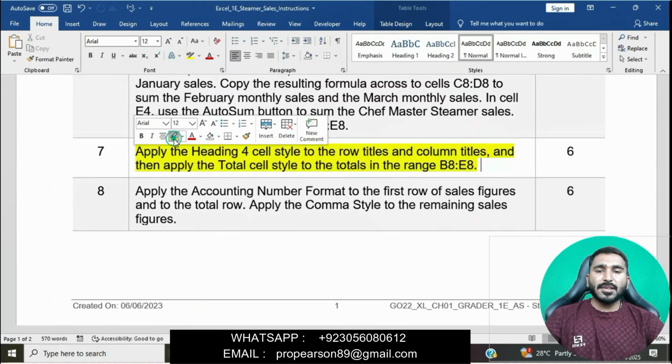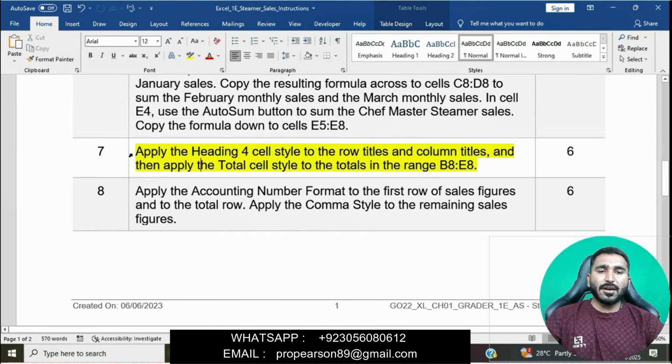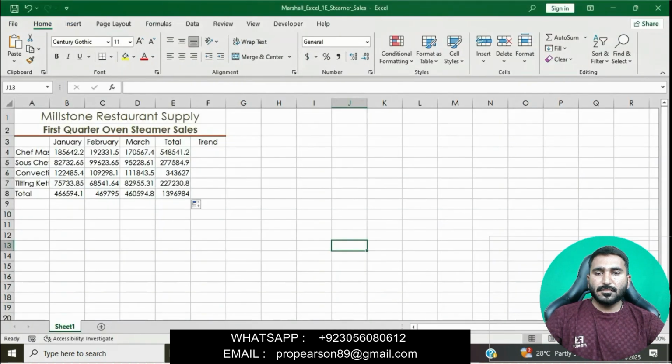Apply the Heading 4 cell style to the row title and column title, and then apply the Total cell style to the total in the range B8 to E8. First apply the Heading 4 cell style to the row titles and column titles. Go to Cell Styles, Heading 4.